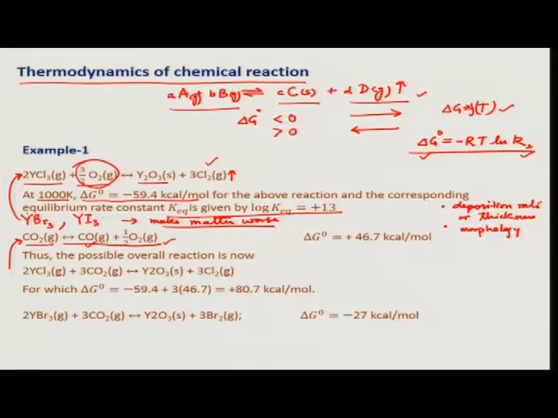And this reaction has a delta G which is positive. Now, the overall reaction, if we combine these two reactions, becomes this at 1000 Kelvin. For this reaction, the delta G is still very positive, which means the reaction will not proceed towards the right, resulting in yttria. So now we want the delta G to be negative, but a very small number.